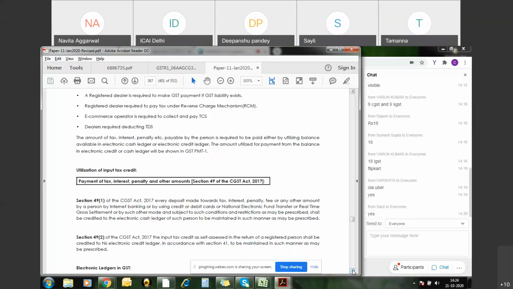So that cash, whatever is paid and reflected there, can be utilized towards the payment of tax, interest or penalty. Under GST, if there is any delay in the payment of the liability, interest is charged by the government under this Act, and the penalty is not eligible to be settled off by the ITC. Penalty is always paid in cash by the registered dealer.